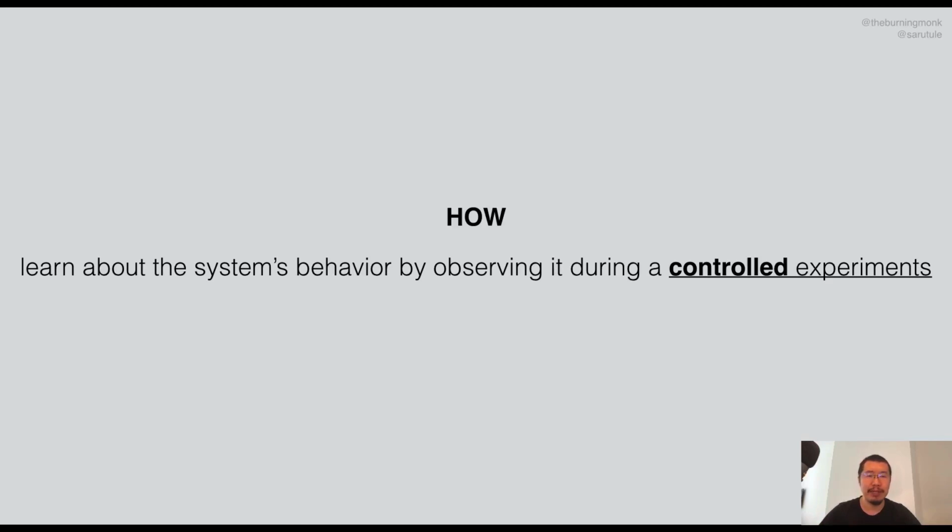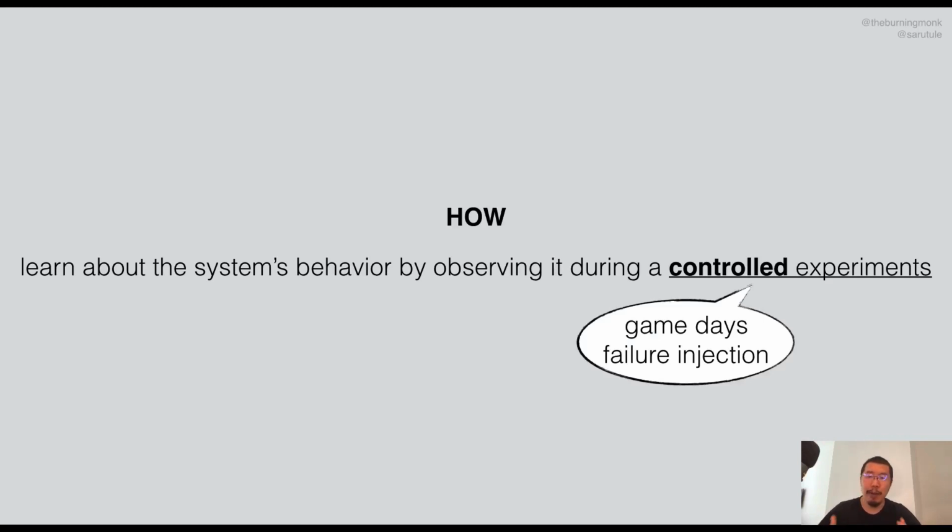In the same way that we write tests for our business logic, we need to test our system's robustness and resilience against the turbulent conditions that it is going to face in production. Failures are inevitable. The only thing you can choose is how prepared you want to be when they happen. And the two primary ways of doing this is through organized events such as game days, where, for example, you gather together as a team and one of you would turn off, say, networking on one of your servers and see how quickly your teammates are able to identify the problem and resolve it, to see whether or not you have sufficient monitoring and diagnostic tools in place, or by programmatically injecting failures into the system to see how it